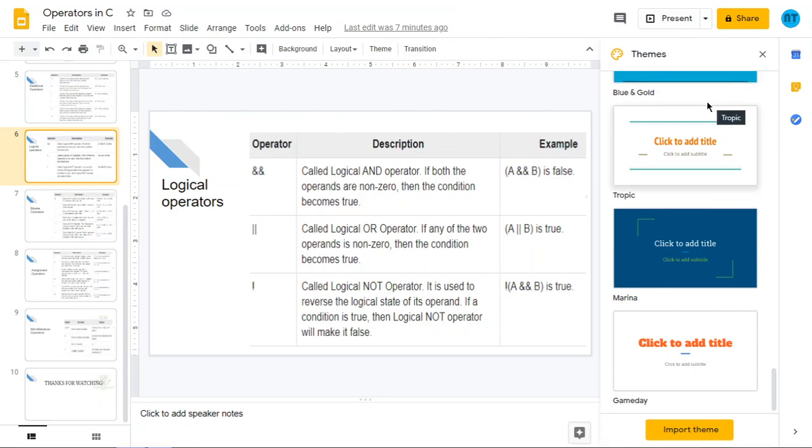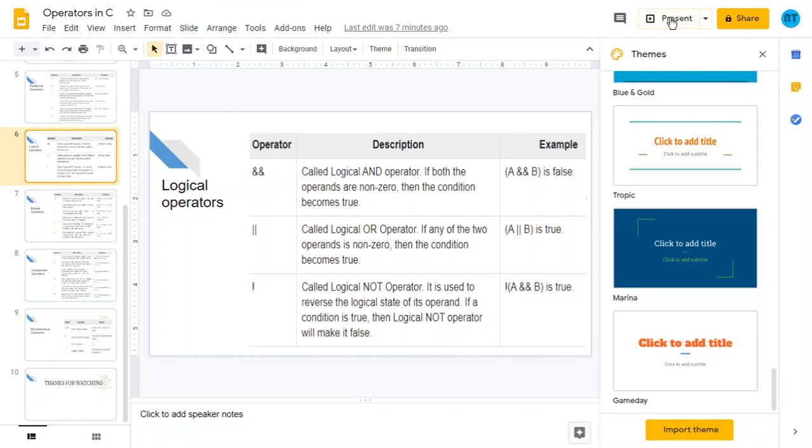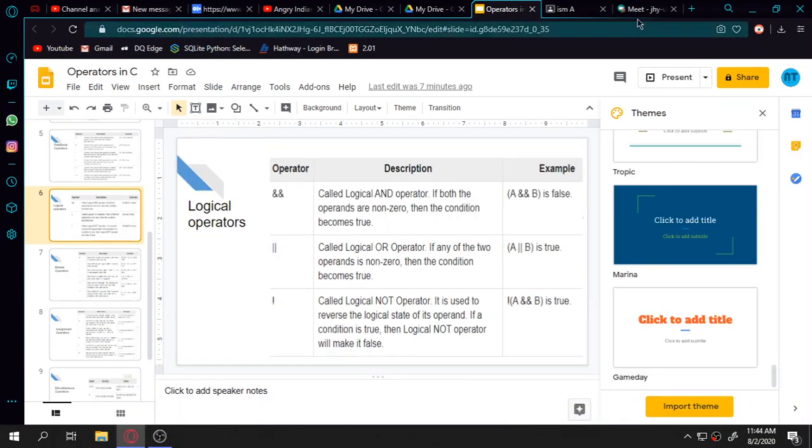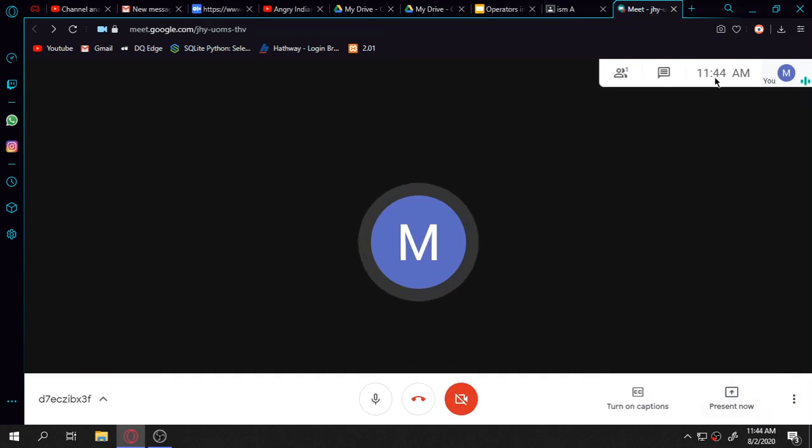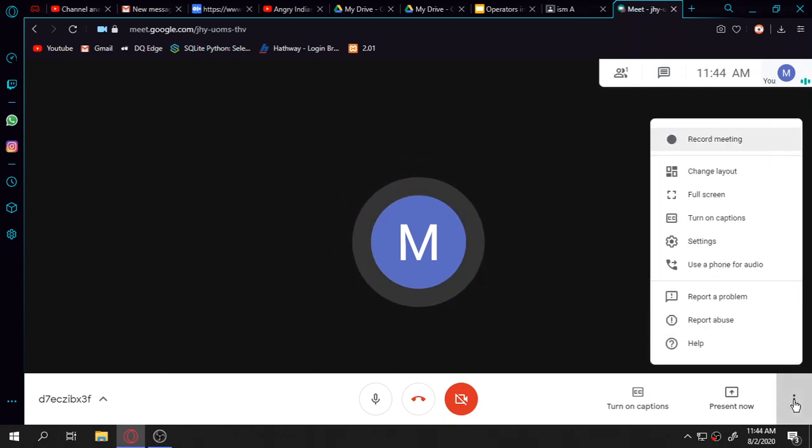Okay, and now I am in the meeting now. Okay, so I'll just tell you how to record the meeting now. Actually there is no need to record the whole meeting, because we are just going to record the content only. How the girls get inside, how they come in and go, all that is not necessary for the review or for future reference.